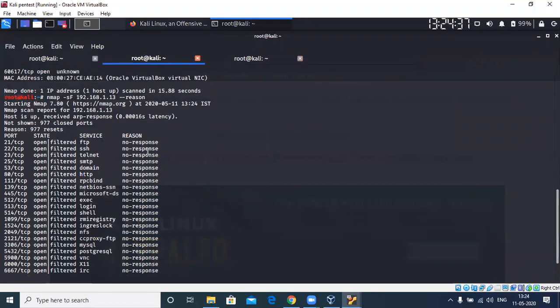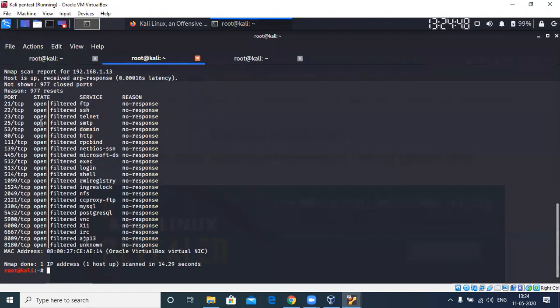What did it mention over here? No response, no response, no response. You can take this as a proof of concept of what I told you about the FIN scan. It puts the port in the open|filtered state if it doesn't receive any response from that port, and if it receives a reset, it is closed.